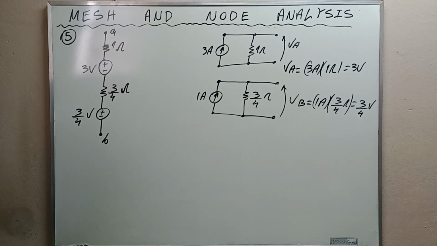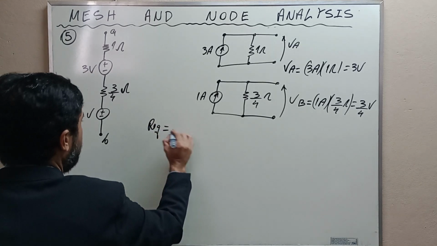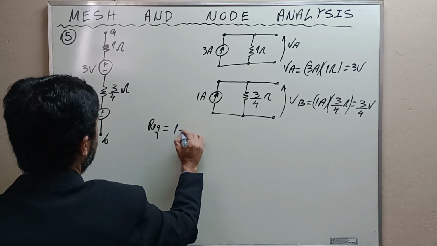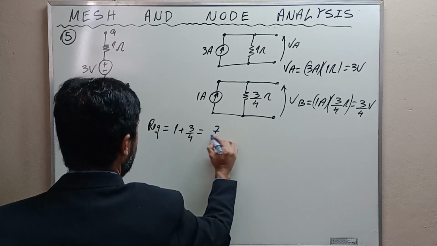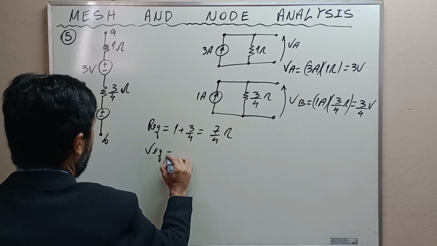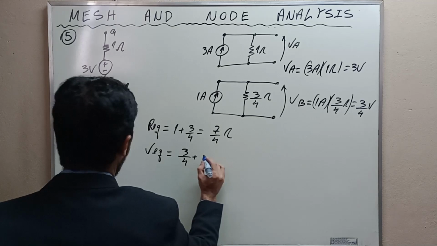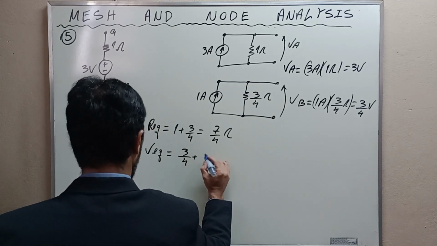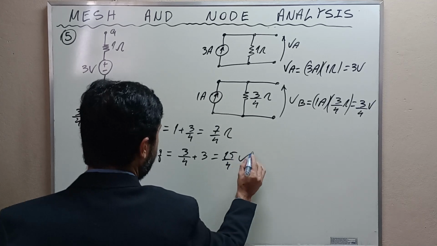Okay, and the resistances are in series. Then the equivalent resistance is 1 plus 3/4, and this is equal to 7/4 ohms, and the equivalent voltage is equal to 3/4 plus 3, and this is equal to 15/4 volts. Okay,